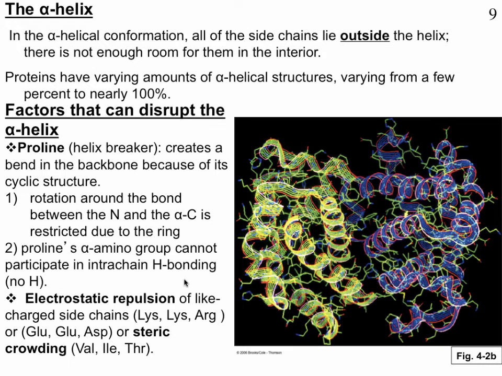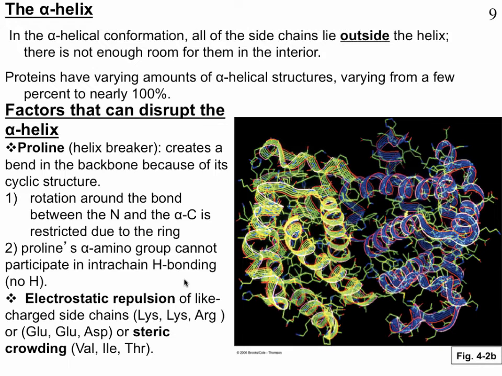The other thing that can destabilize an alpha helix is electrostatic repulsion. So if you have side chains with the same charge right next to each other, this is unfavorable. For example, two lysines, right? Those are both positively charged. If they're next to each other, that's not a very favorable thing, so it'll destabilize it. Or if you have two negatively charged amino acid groups, like two glutamates or a glutamate and an aspartate,